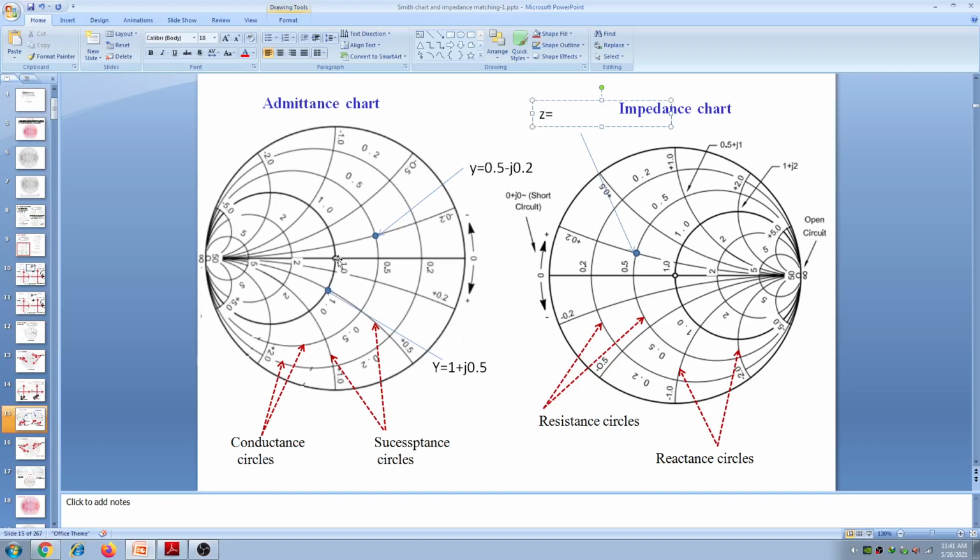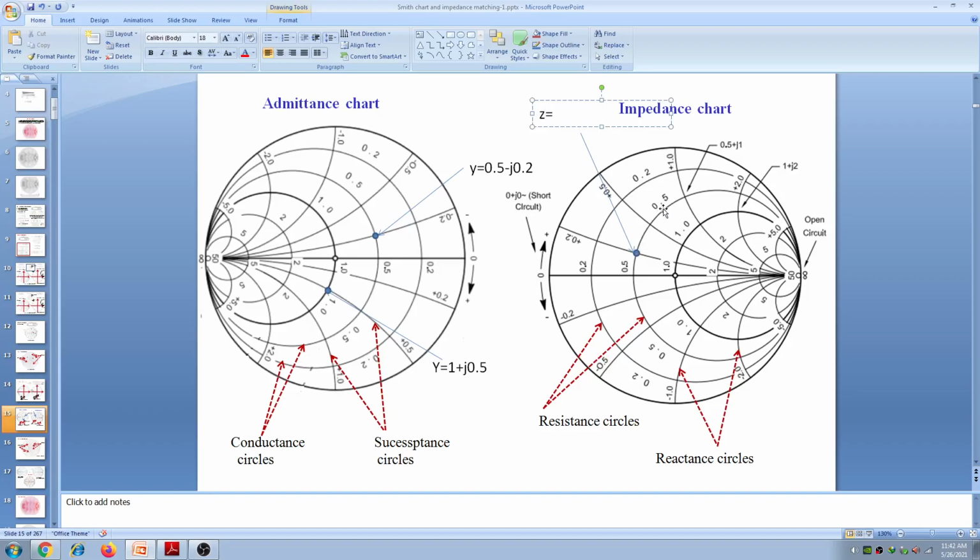We will see, from the Smith chart, how we can read the normalized admittance. Similarly, the impedance chart is also a combination of resistance and reactance circles. We saw reactance circles are like this. These are the reactance circles and these are the resistance circles. So, for example, I want to know what the impedance is here. How to read that? Just see which resistance circle is passing through this point.